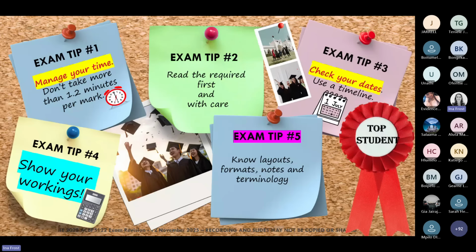And then on the day when you sit in the exam venue, it links right in with that again. You're going to manage your time, students. Please make sure you're not going to overrun time, particularly on the first questions in the paper, because remember, there could be 5 to 7 questions in the paper. You don't want to spend all your time on question 1 and then be in trouble with the later questions.